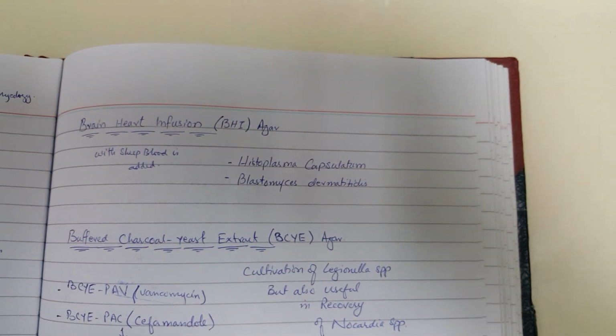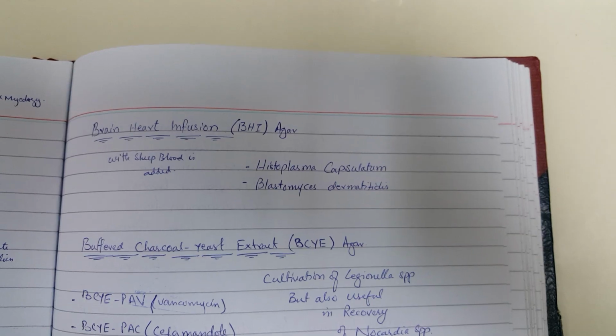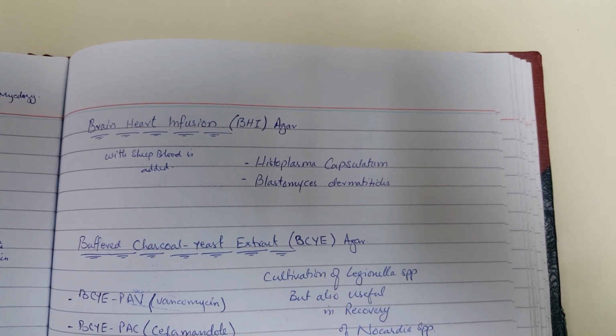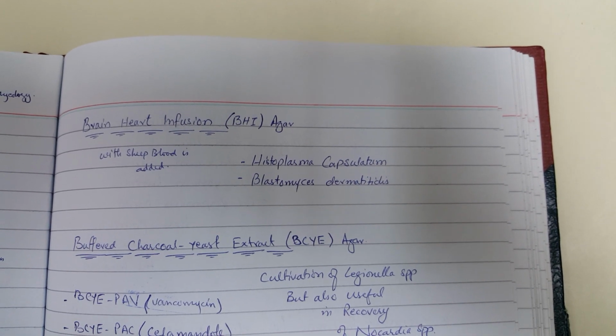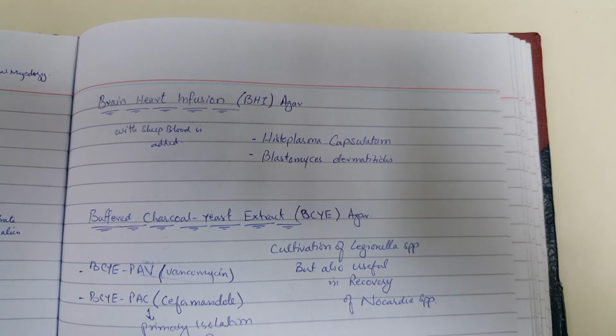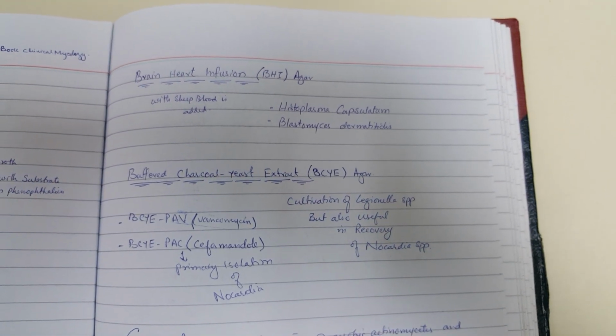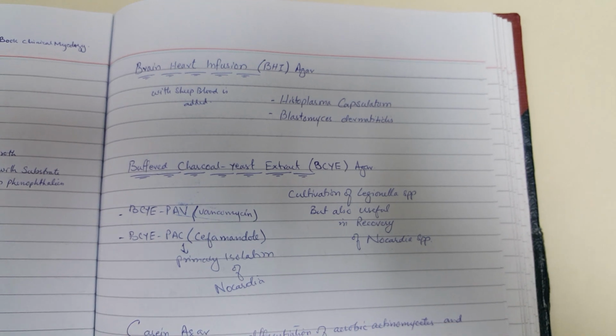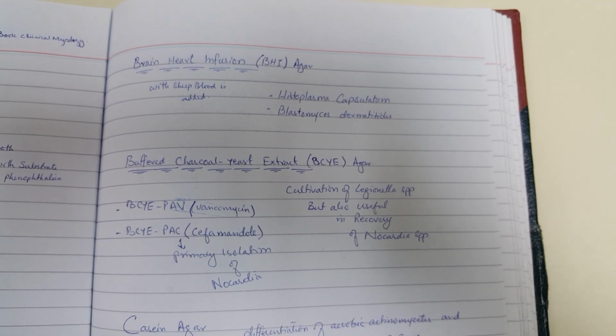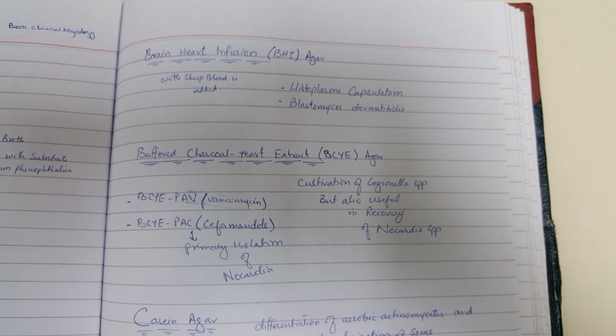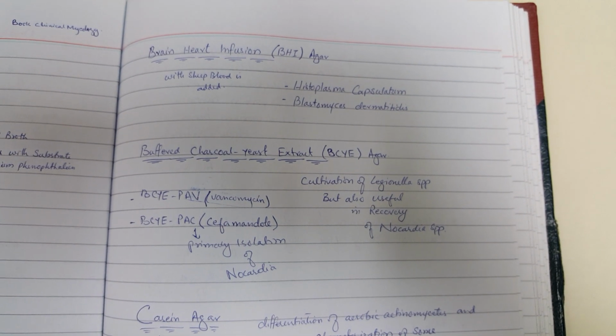Brain heart infusion with sheep blood added is widely used to isolate Histoplasma capsulatum and Blastomyces dermatitidis. Buffered charcoal yeast agar is basically used for the cultivation of Legionella species, but is also used for the recovery of Nocardia species, and it is further supplemented with vancomycin and